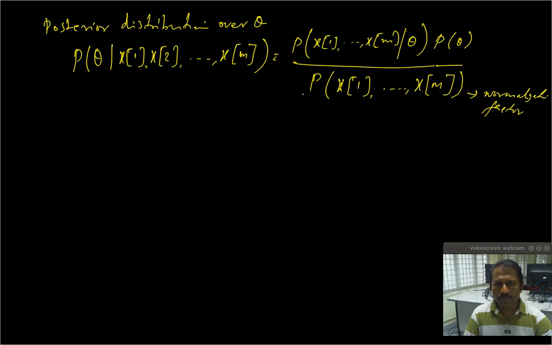Right? So this becomes a proper probability distribution. So that's why we normalize it. Now we have to have some assumption on the prior, right? So if the prior is a uniform distribution,